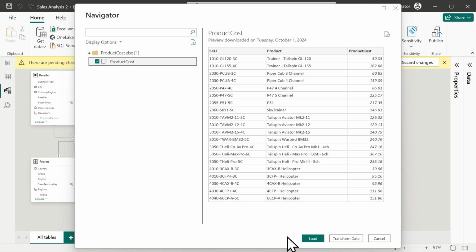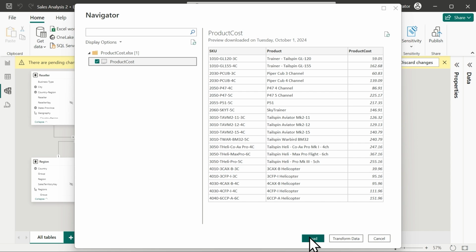That's a good option. The other option that I can do is I can go in and transform the data. If I transform the data, what happens there is it opens up the Power Query Editor and allows me to go in and scrub or shape or transform my data, clean my data. We'll talk a little bit more about that coming up too. So it just depends on what state I find this data currently in, on whether I want to just load it right away or whether I would like to put it into Power Query Editor and scrub it up, and then ultimately load it into the Power BI file, the PBIX file in our desktop.